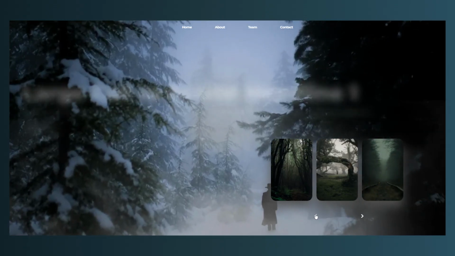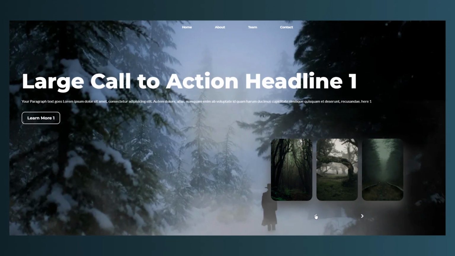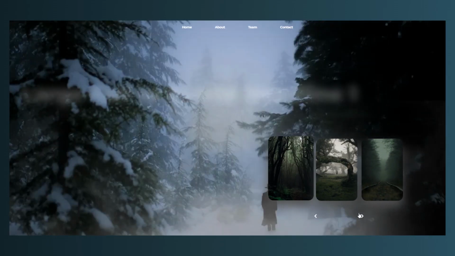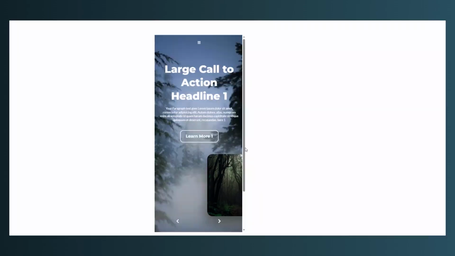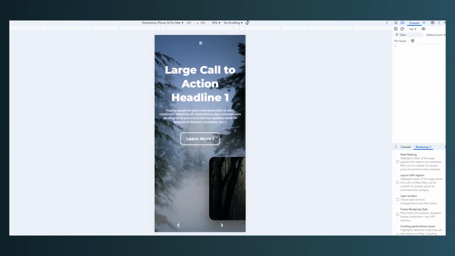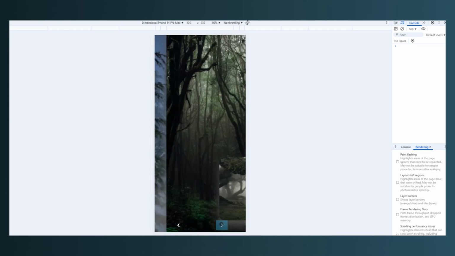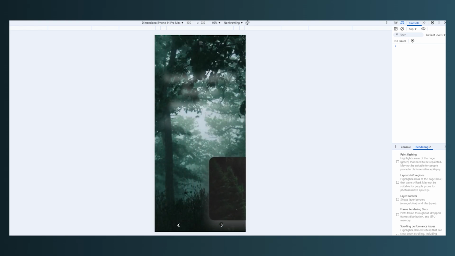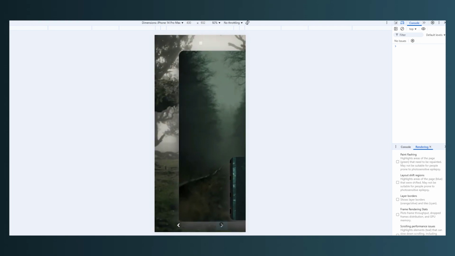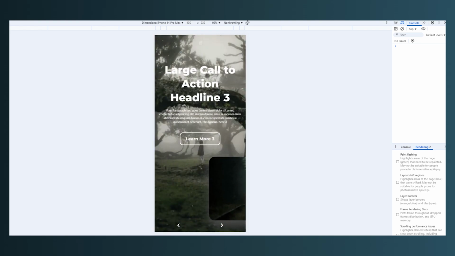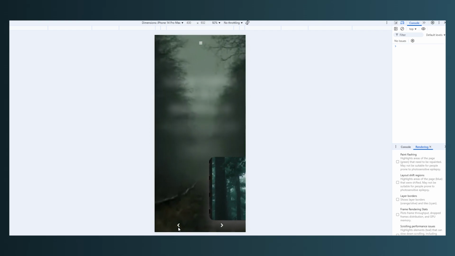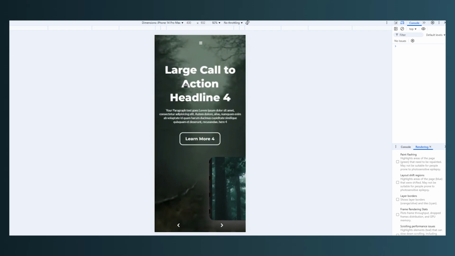But before we hop into the GoHighLevel website builder, I want to show you the best part of this effect, which is that it works on mobile as well. As you can see, we only have one card displayed here, but as soon as you click the buttons, we get all cards to cycle on the hero section, right? So you have this card here, you press the left button, then you have the headline, subheadline, button, background image,